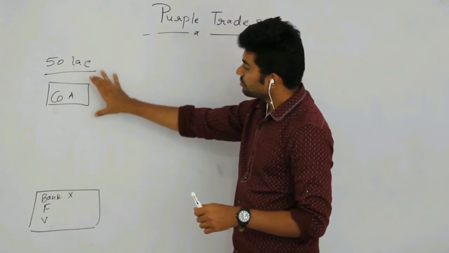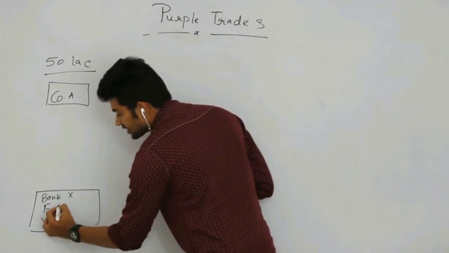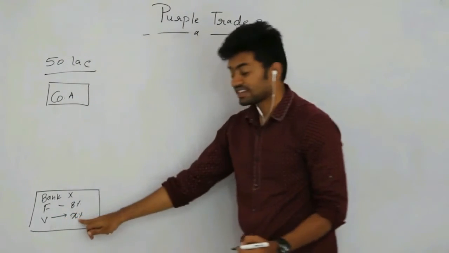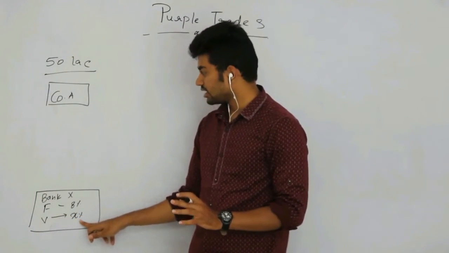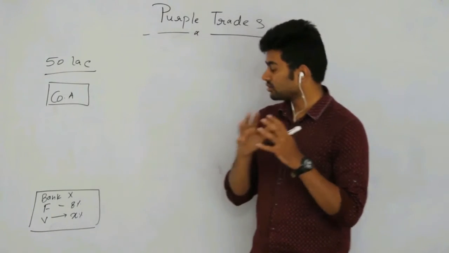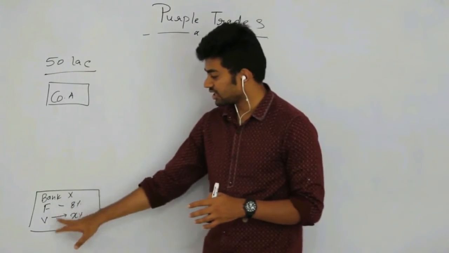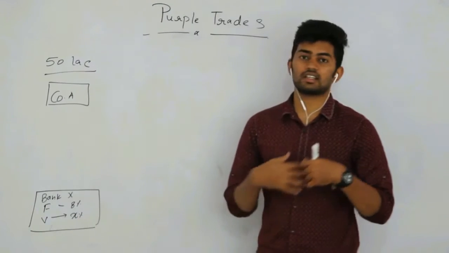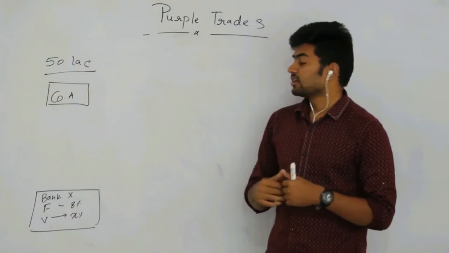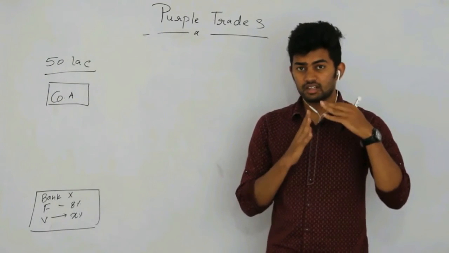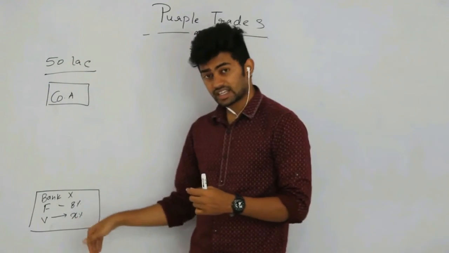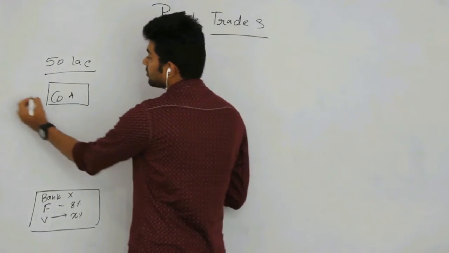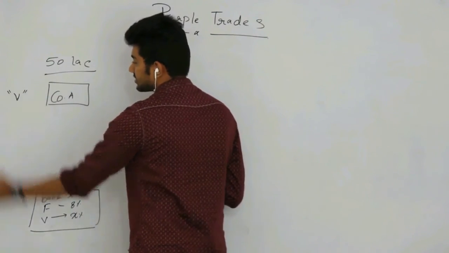Let us say company A goes to bank X and they ask for a fixed rate of interest of 8% or variable X. Remember, this X changes every single day. Now, since company A is quite old in business, it can afford to take a risk. It can either opt for 8% interest or variable X. And let us say company A feels that the economic conditions of the nation will improve over time, thus X may decrease, and company A wants to opt for variable interest, right? So the primary motive of company A is to opt for variable interest.